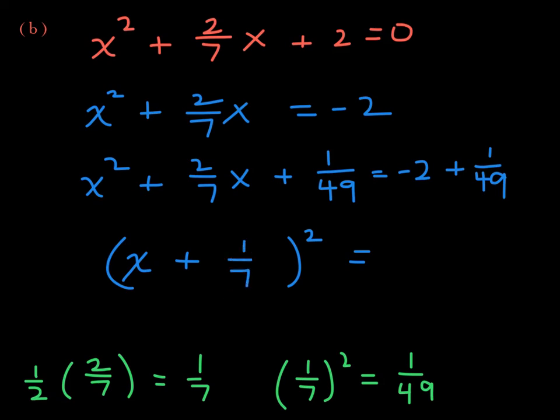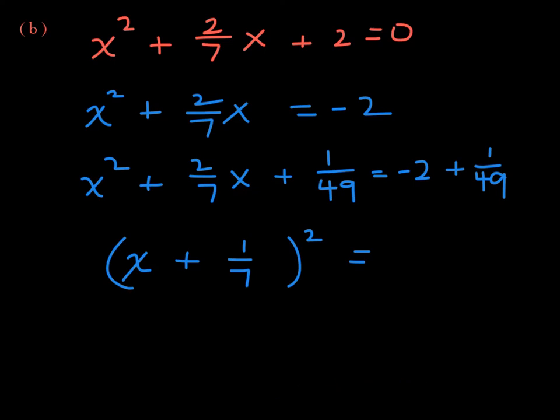Now, as far as this right side, you need to rewrite -2 as a fraction whose denominator is 49. Let me see if I can show that down here for you. -2 is -2 over 1. And I need this to be rewritten as a fraction whose denominator is 49. The reason is because I want to add these two fractions, but I can't unless they have common denominators. So the question then is, what do you multiply the numerator and the denominator by in order to get